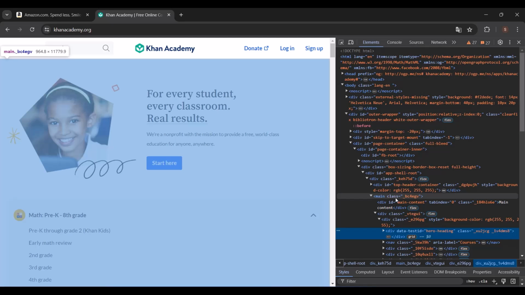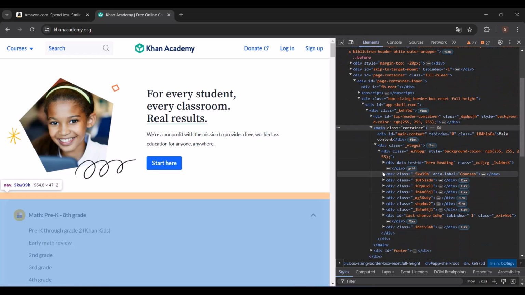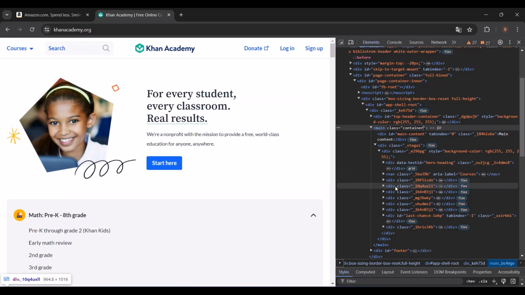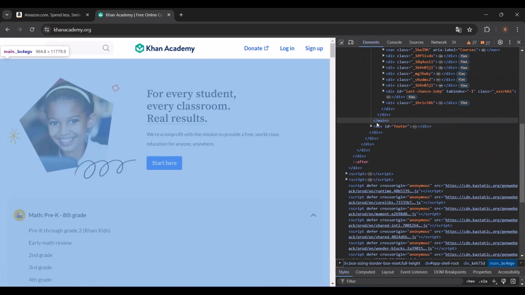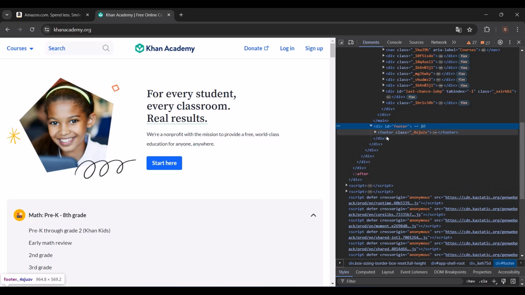If you want, I can put here container, because this contains all the elements on this page. And if you go down, you have a navigation, as you can see here. We have a div. Let me go down, I should see a footer somewhere. All right, so we have a div, and the div wraps a footer.